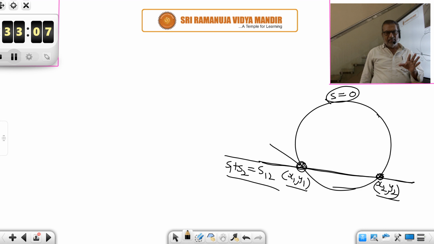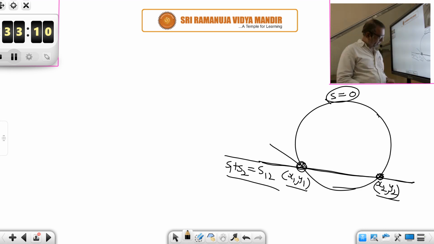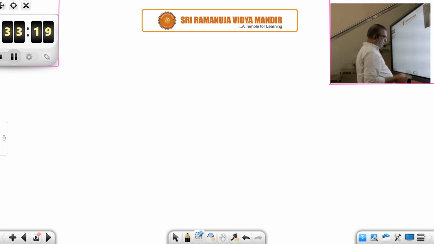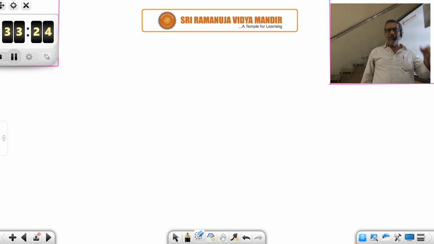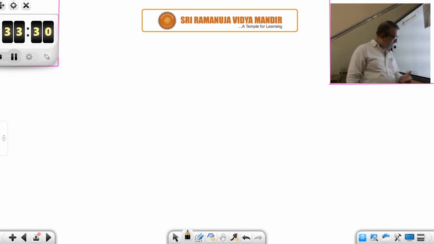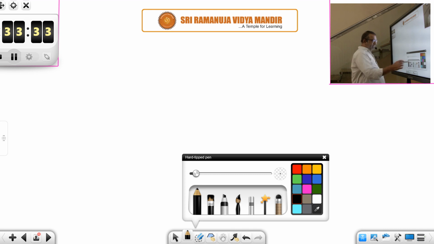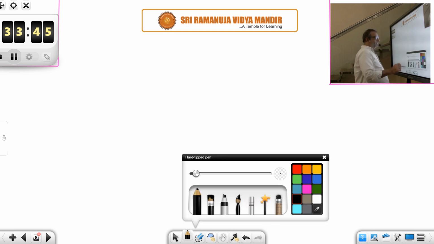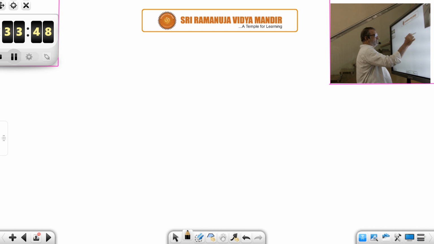That is his question. His question is answered in the next theorem. Okay. What is the next theorem? Let us see. So I am answering his question in the next theorem. See, this formula S1 plus S2 is equal to S12 is not for the sake of that formula. It is for deriving the next formula. So what is the next formula? That is a suspense. Okay. This formula is just for deriving the next formula. After deriving the next formula, we can forget this formula. This formula is useless, you can say. So what is the next formula? The next formula is like this.